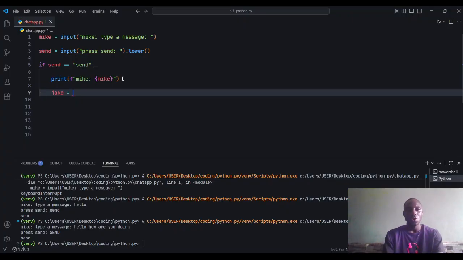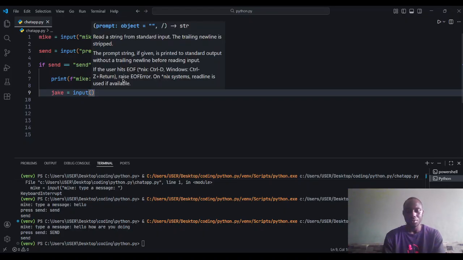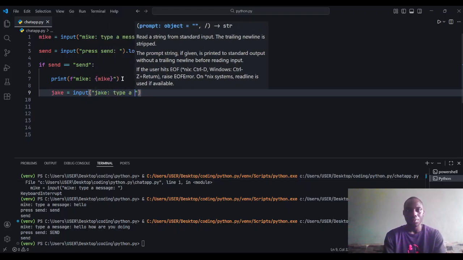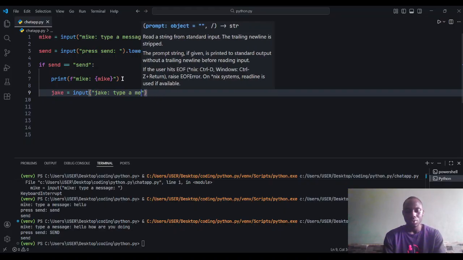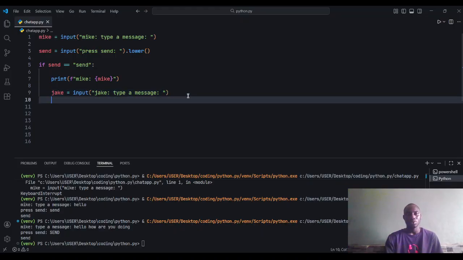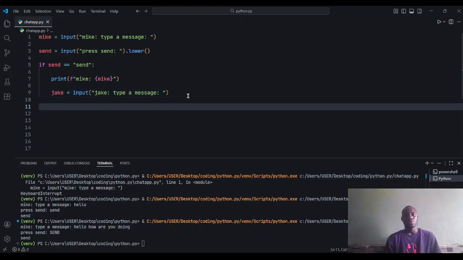So Jake will be input. Jake, type a message. So it's going to be Jake type a message, right? So Jake type a message if, right? So if